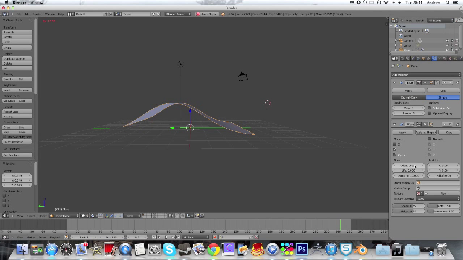We can change the offset, which is changing when it waves, which is pretty simple. Then there's how long the wave lasts. If it's at 0, then it's kind of infinite. But if we turn this up, then it's affecting how long the wave's going to last. And this is a small shape, so it's not going to give us the best results. Dampening. The position, that just depends on where it is on the shape,